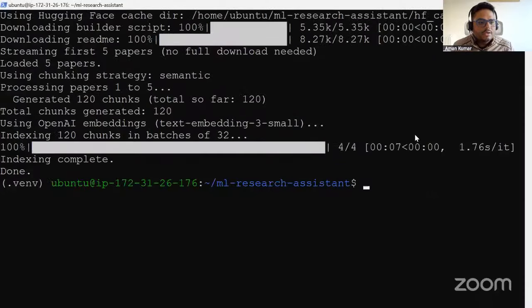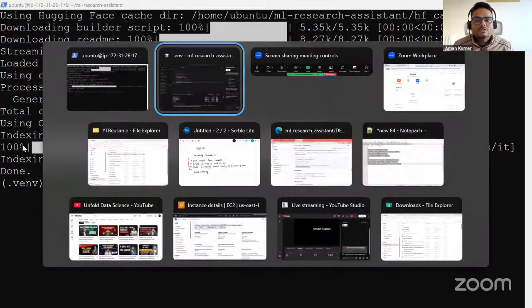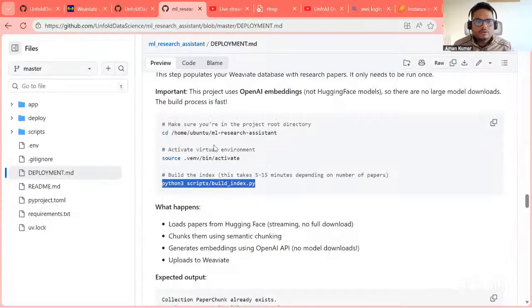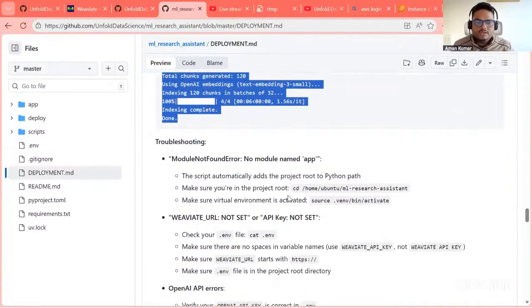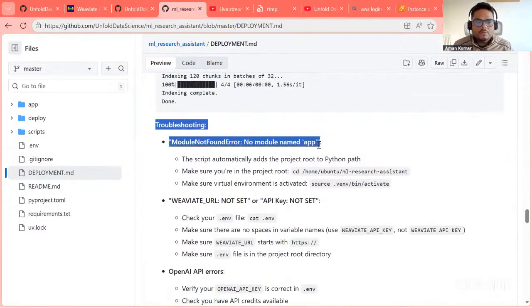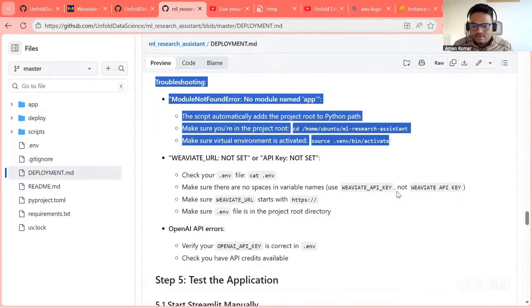and here we have pushed all our index here. I mean, we have done the index building. So I have put here the kind of output you will see when you build your index. Or if you have some problems, these are the kind I faced when I built it the first